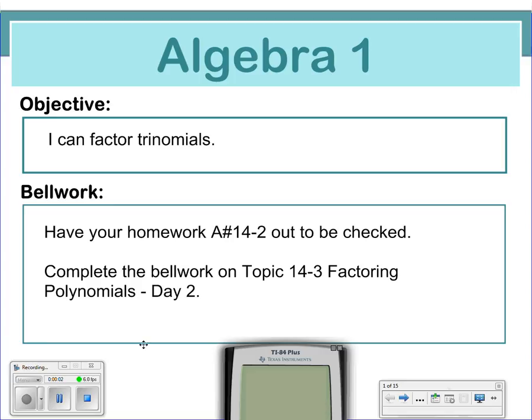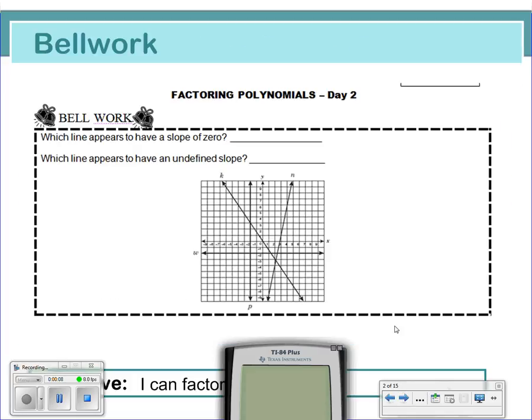This is the recording of topic 14-3, factoring polynomials, day 2. We're going to start with the bell work that is at the top of that topic. Our bell work says, which line appears to have a slope of 0 and which line appears to have an